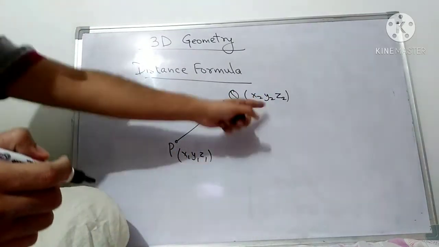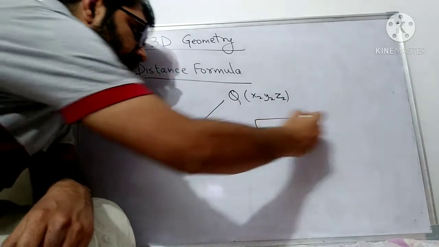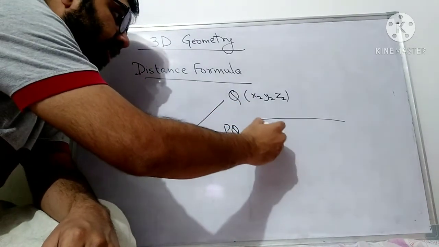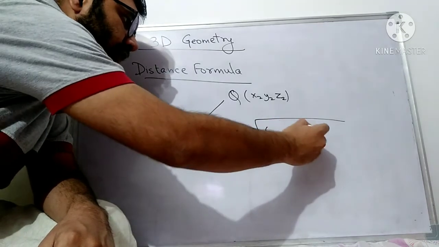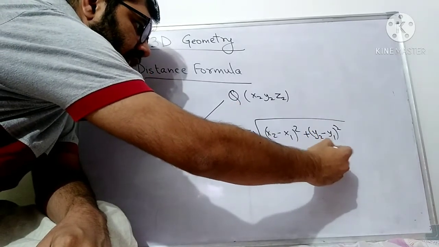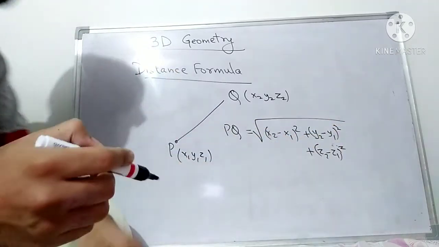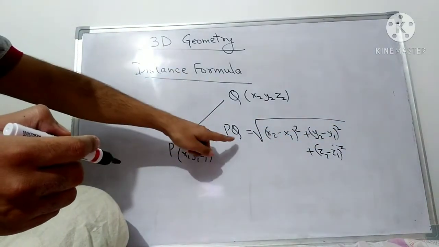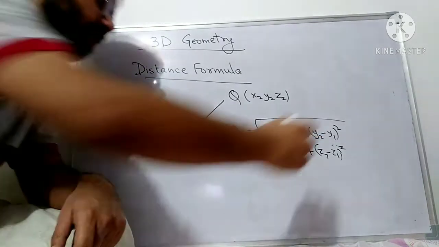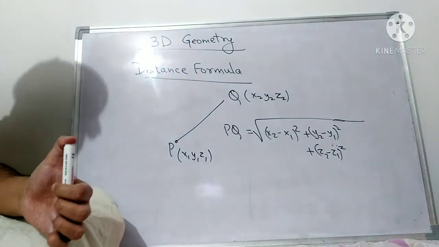But now the difference is that you also have the z coordinate for both the points. So now if you want to find the distance, we apply the distance formula like we do in two-dimensional geometry. We take the difference of the x coordinates and square it, so x2 minus x1 square, then the difference of the y coordinates, y2 minus y1 square, and then the difference of the z coordinates, and square of that. So this gives us the distance between these 2 points P and Q. PQ is equal to root of x2 minus x1 square plus y2 minus y1 square plus z2 minus z1 square, complete square root of that. Okay, so this was the distance formula.